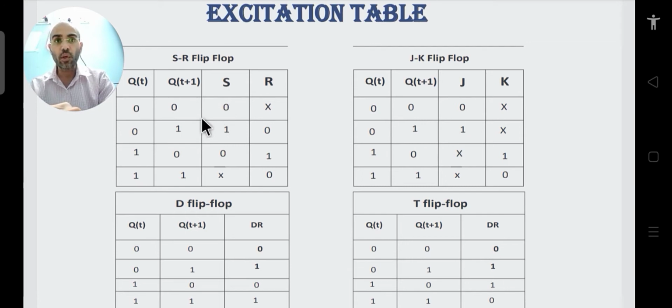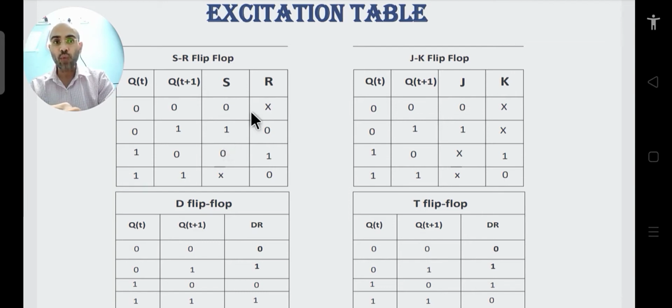If in an SR flip-flop you don't want the output to change its state, then you have to make sure that S is equal to 0, and you don't care about R. Let it be, but you have to make sure that S is 0.